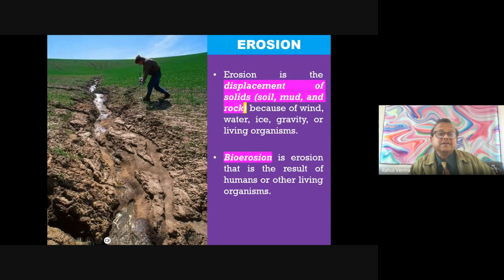I found this picture in Mizoram. I like this. Erosion is the displacement of solids because of wind, water, ice, or any action. Here you see, because of the water action, no wonder if the water supply becomes more in some million years, this part will become very deep, and then you can get a big valley and big river flowing, and this whole thing will be cut and you will find gorges on both sides.